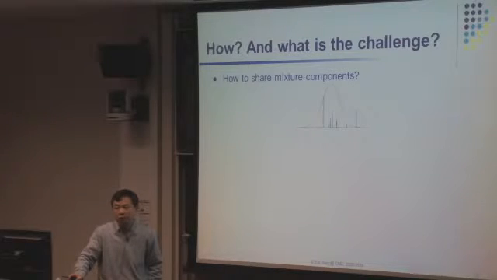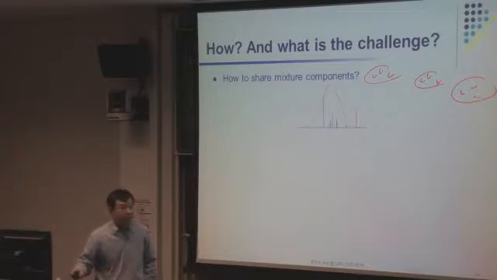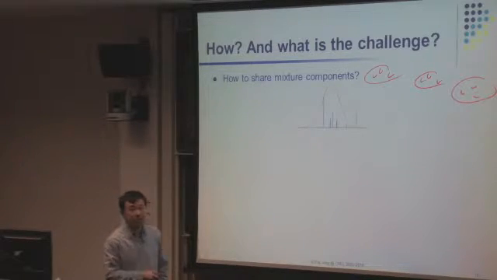The trick is how to solve them together, or what do we mean by solving them together? I guess here is how I see solving multiple clustering problems together. I have maybe 3 different data sets, and each of them will have some clusters. And it is likely that each data set will have its unique cluster that is only here. But they may also have clusters which are shared across all different places, right? And for those clusters which are shared in different places, they may just use the same centroid. And then their centroid can be estimated more stably because they can use data both from here and from here,